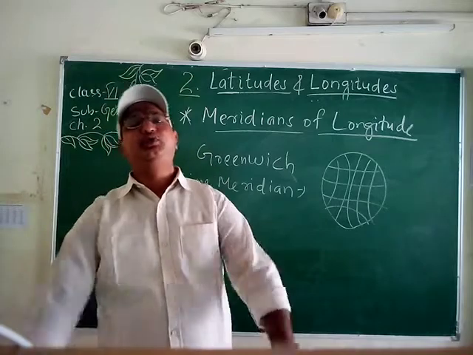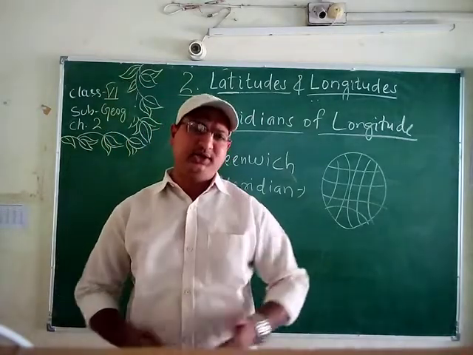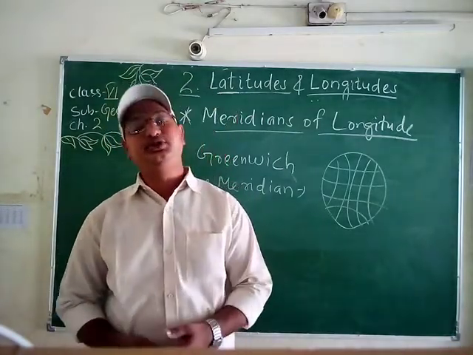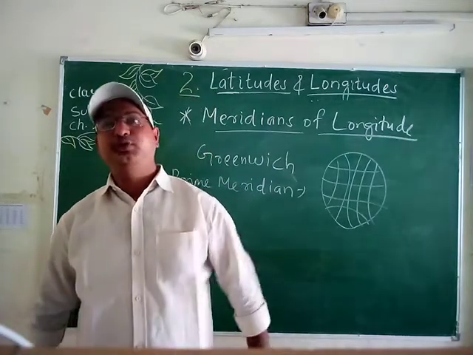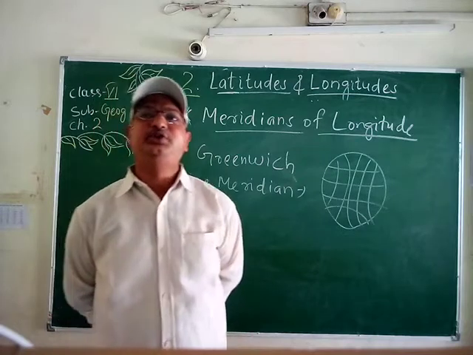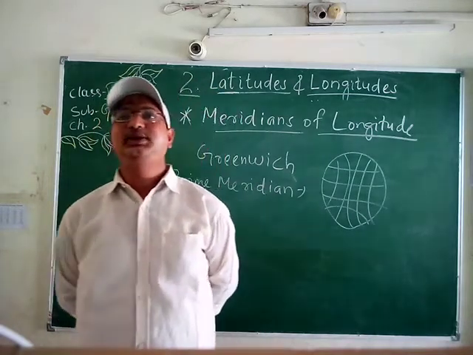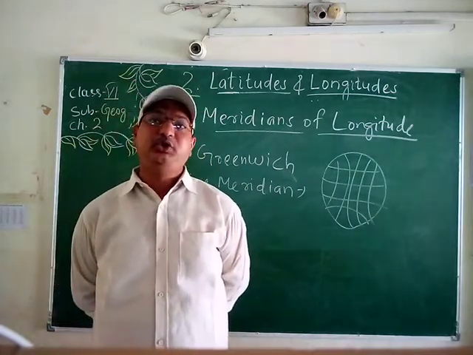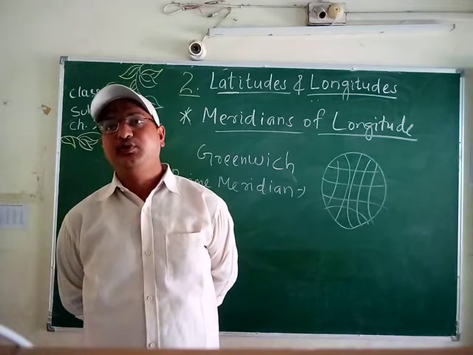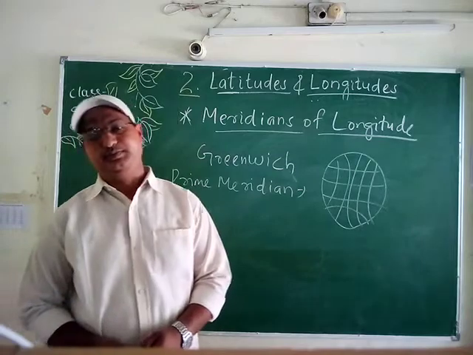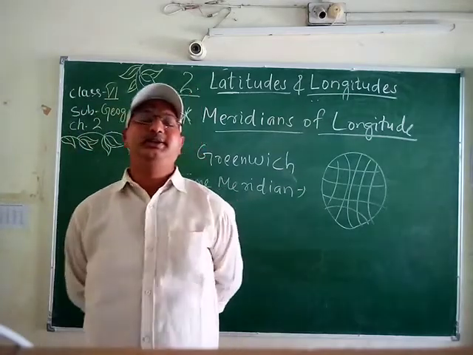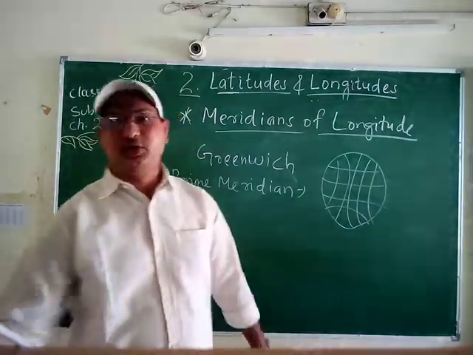So the Earth, as we know, is not a perfect sphere. It is the shape of a geoid. Geoid means Earth-like shape. It is flattened at the poles. It is very close to a spheroid, which is a rounded shape with a bulge around the equator. Students, then the next topic is locating places on Earth.